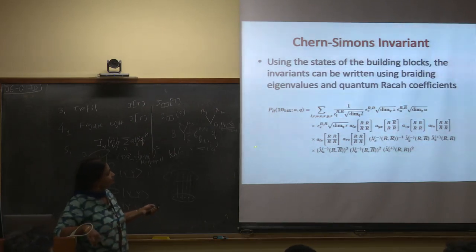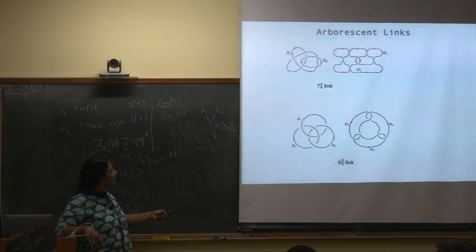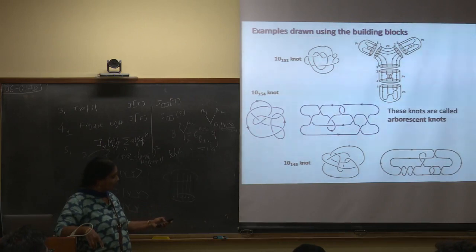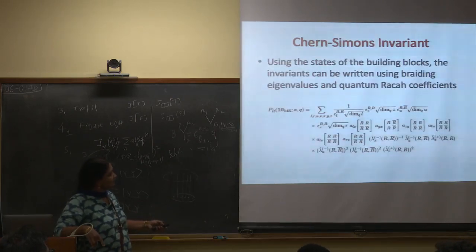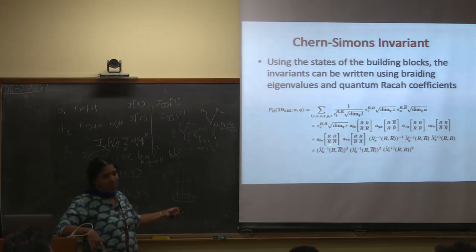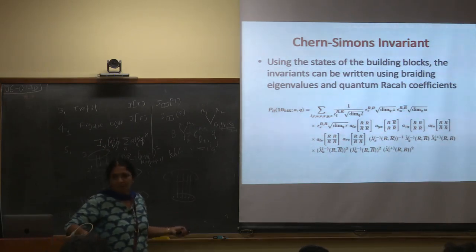Even though this looks like a messy result, it is a very systematic thing. If I have drawn this diagram here, for each one I know what the state is, and I just take an inner product and write the state. The only thing is that it will involve these Racah matrices, and as he pointed out, depending on the basis you can have either one type, or another type where the adjacent strands are anti-parallel. So these are 2 types which are going to show up, and these are the only 2 types which show up in the context of arborescent knots.